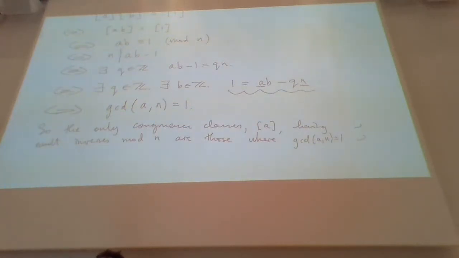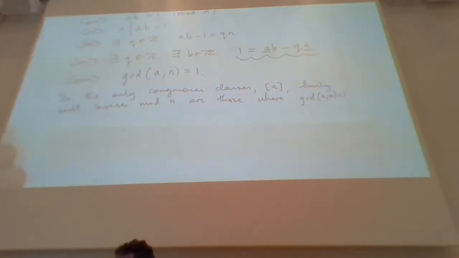Yeah, so the only congruence classes, congruence class of A, that have multiplicative inverses mod n are those where the greatest common divisor of A with the modulus is equal to 1. So we can form a group, but we have to reduce our set, potentially. So to form a group,